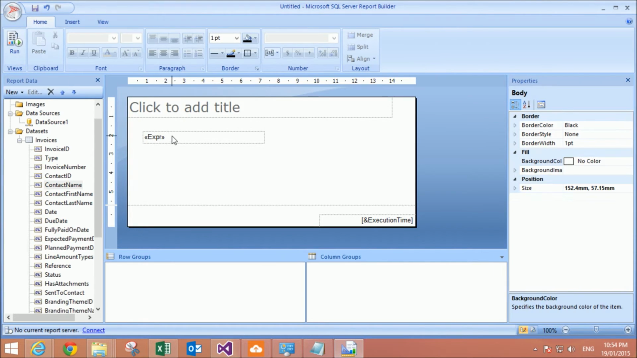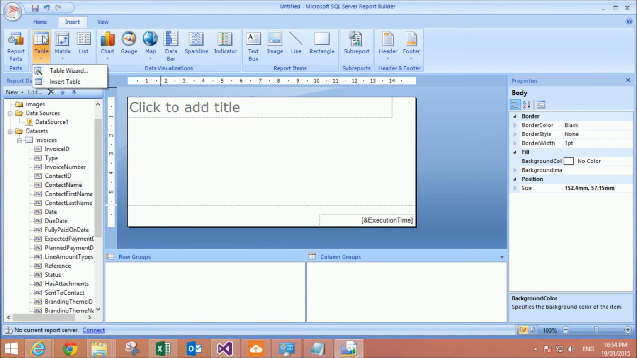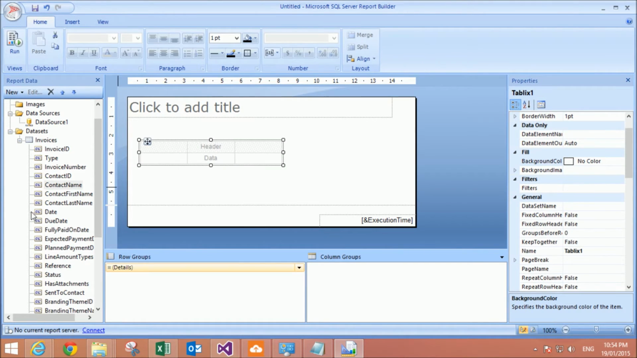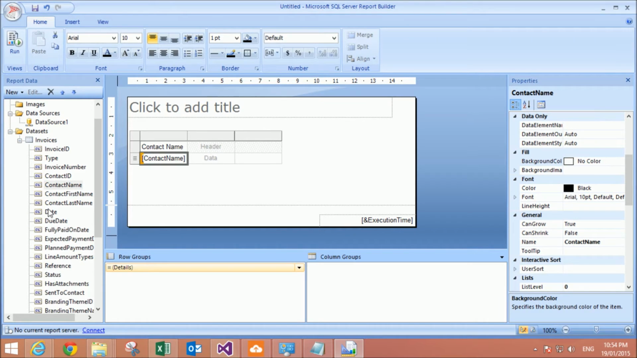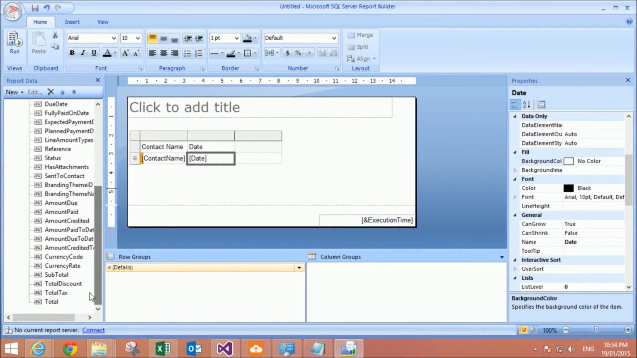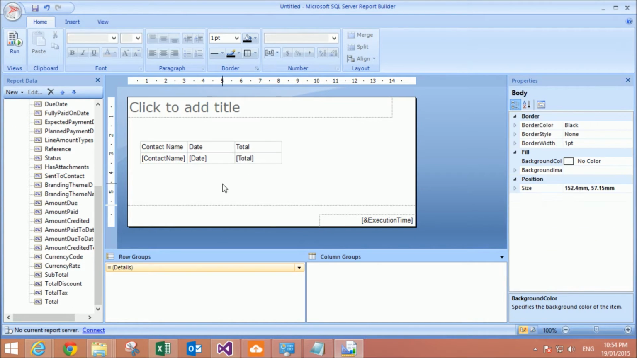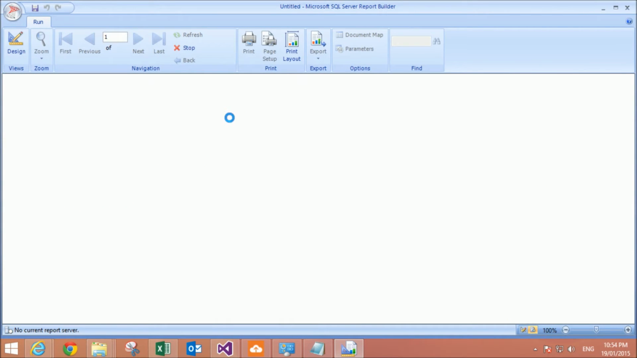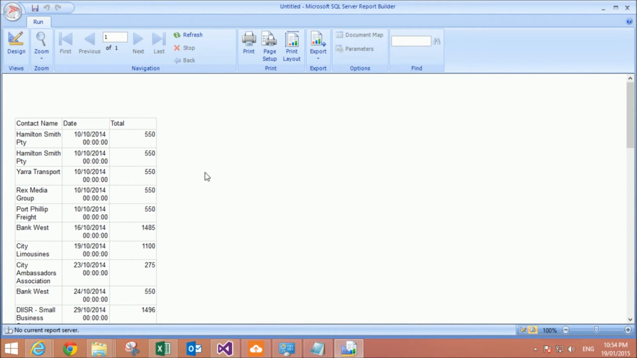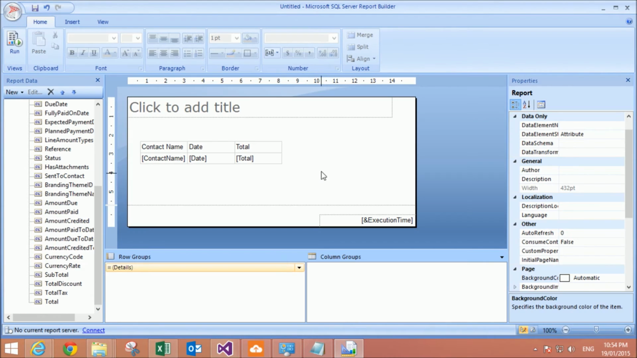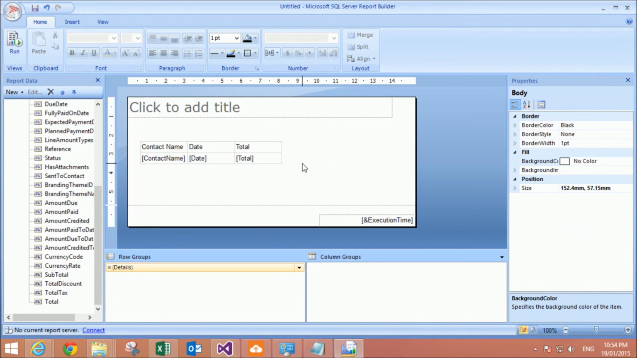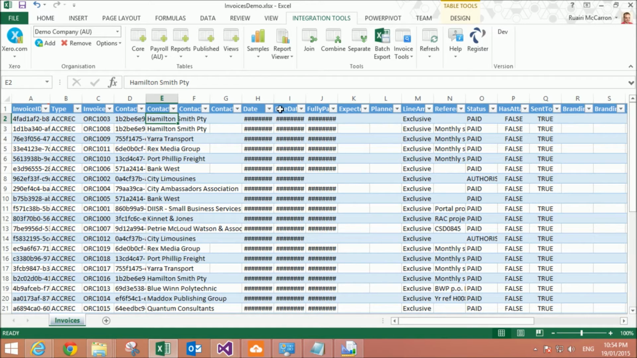Let's jump back into the design. Let's do something a little more complex. Let's go for the table, and we'll pop the contact name, maybe the date, and the total in there. And we'll run that. Excellent. Now, we could make that much more complex, but we'll just go for this right now. So let's save it. Now, before we do that, let's explain how reports show up here